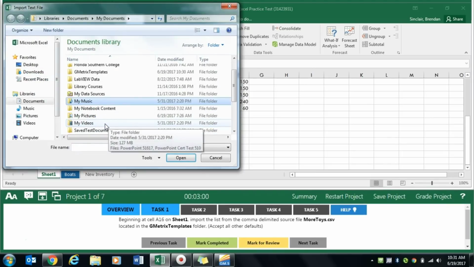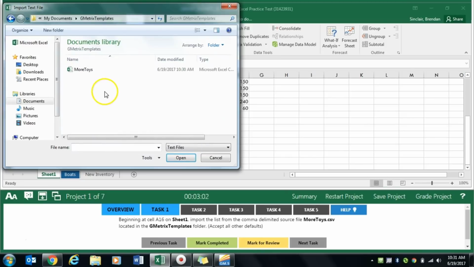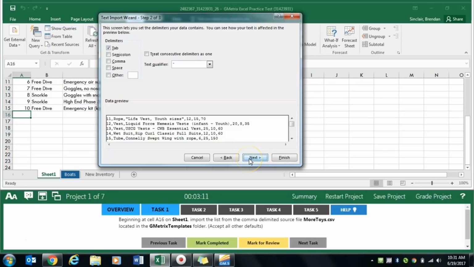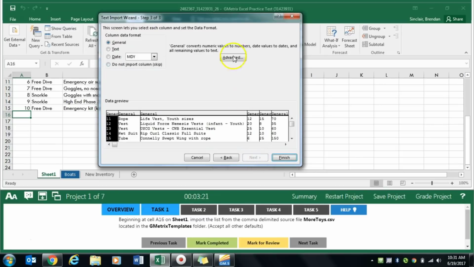We'll find our GMetrix folder right here. And that file is listed here. So we'll go ahead and click that, double click or click OK. It tells us that it's delimited, so we'll click that. We'll click next. And here we need to uncheck tab and check comma because it tells us that it's comma. And then it says accept all other defaults, but if you're not sure, click next, and it's just having you